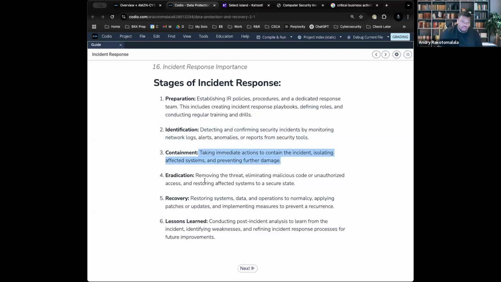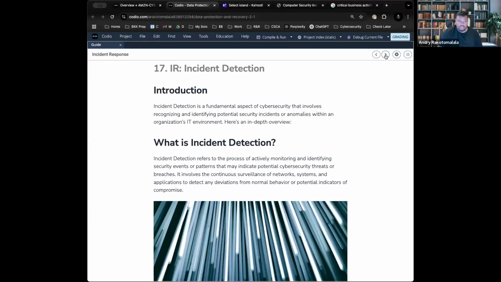After you contain it, you eradicate it, so you remove any of the threats associated with it, followed by recovery. This is where the DRP and the BCP come into play, and then a lesson learned, something that is done very frequently, is you do a post-mortem. A post-mortem is also called a lesson learned. Now, keep in mind, a productive lessons learned is not a time to point a finger and say, you did this incorrectly. Instead, it's a time to reflect on what has been done well and what hasn't been done too well.